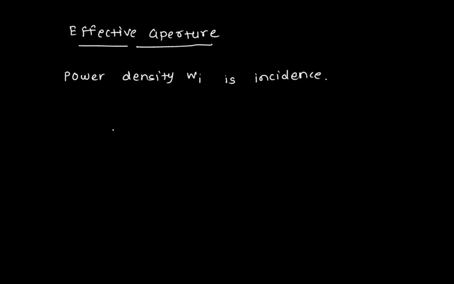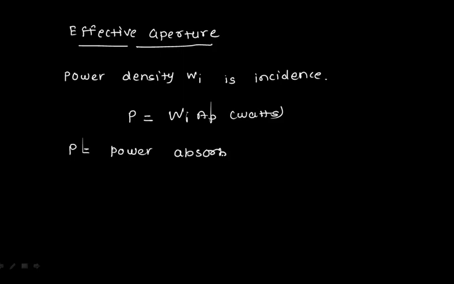Now how do we understand what the effective aperture will be here? Suppose the Poynting vector, or power density, Wi, is incident. So what will be the received power in that case? Wi times AP, because your aperture here is AP. Whatever power you give, P is the power absorbed: the physical area you have is the area that takes it. But will all the power be received over there?